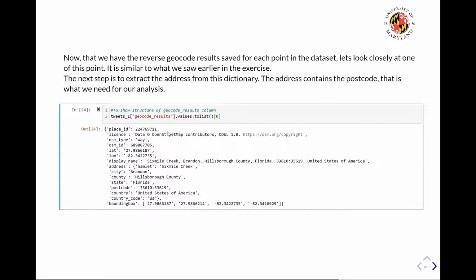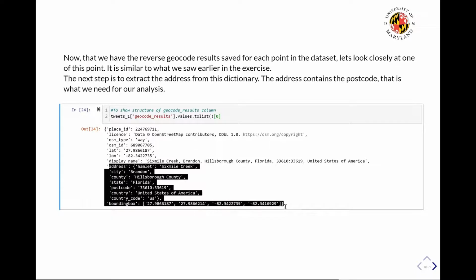So we have a dictionary which contains a lot of objects with their values. For example, the OSM place ID, the lat and the long, even the display address as a whole. This is what we saw in the exercise before.